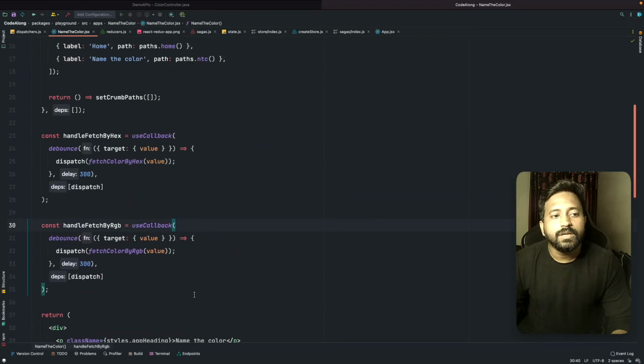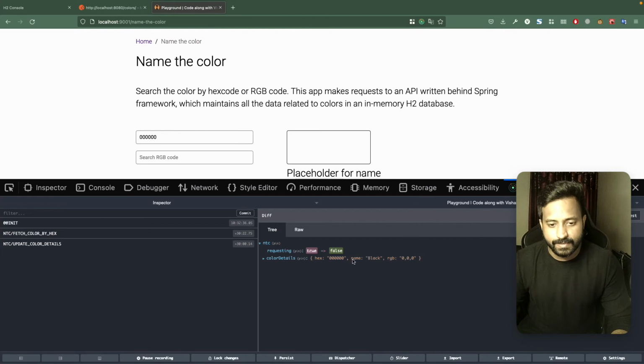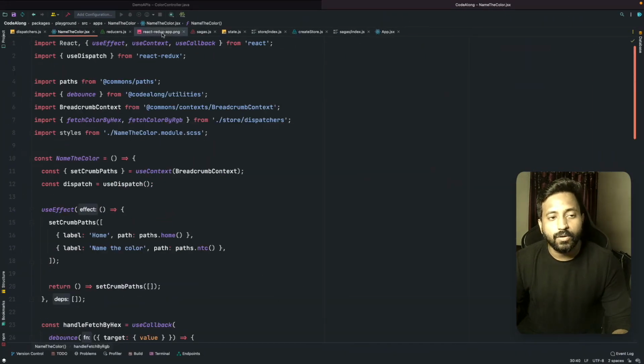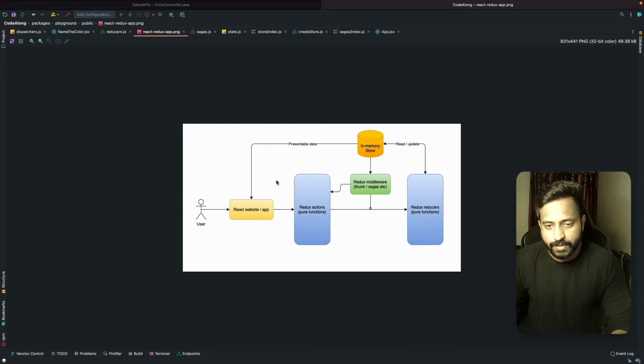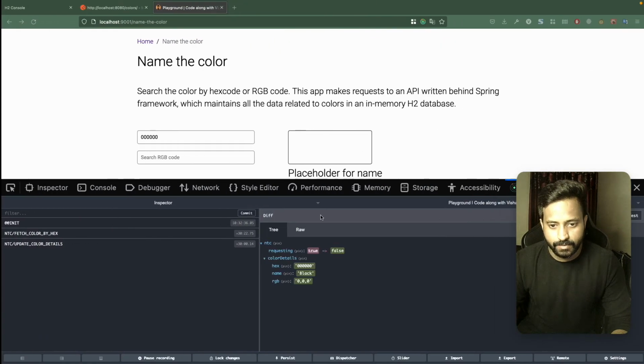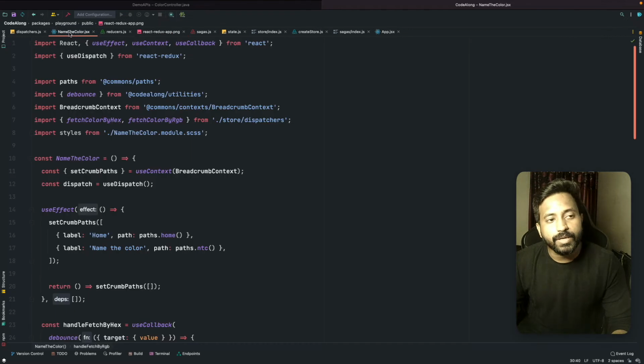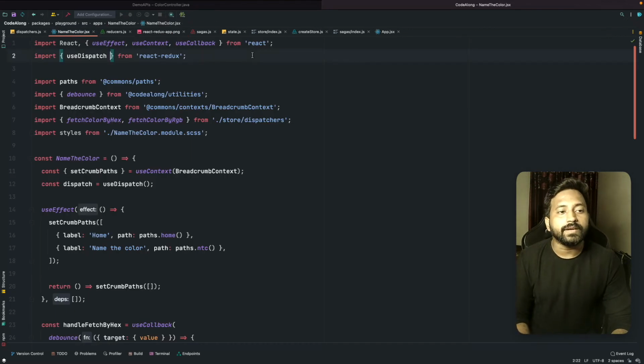Now we need to start consuming the data that is there here and update our application to show the actual information, right? So now we are going to use a hook called useSelector. So you can clearly see over here that the store is ready. Now once the store has the data updated, it can be read by the presentation layer. To read that data on the presentation layer, we are going to use the hook called useSelector.